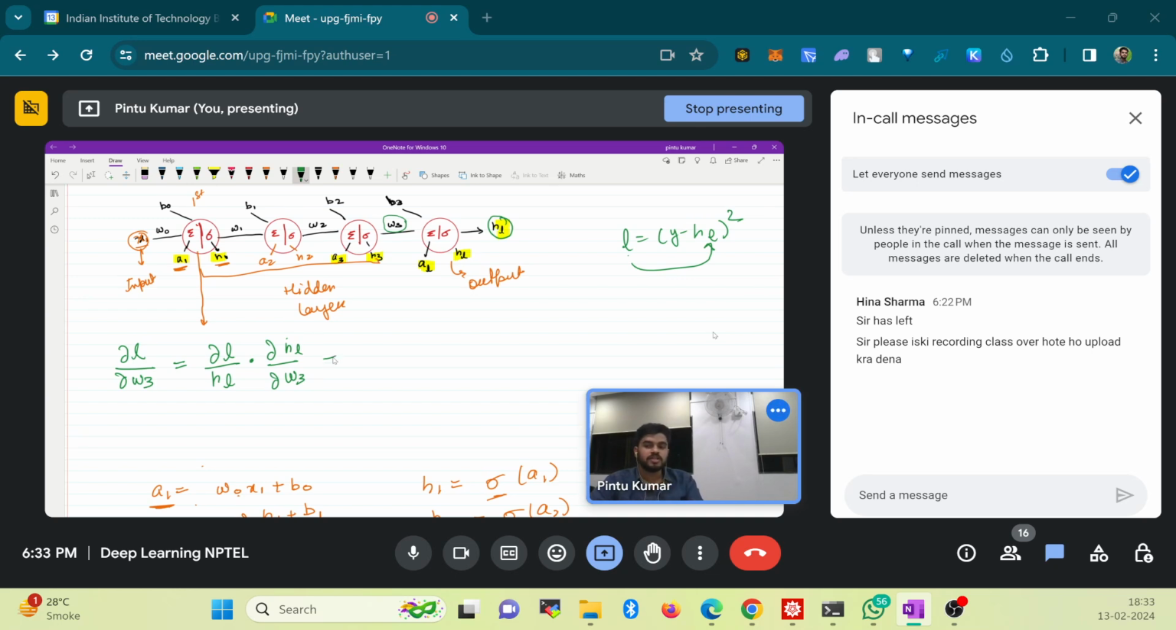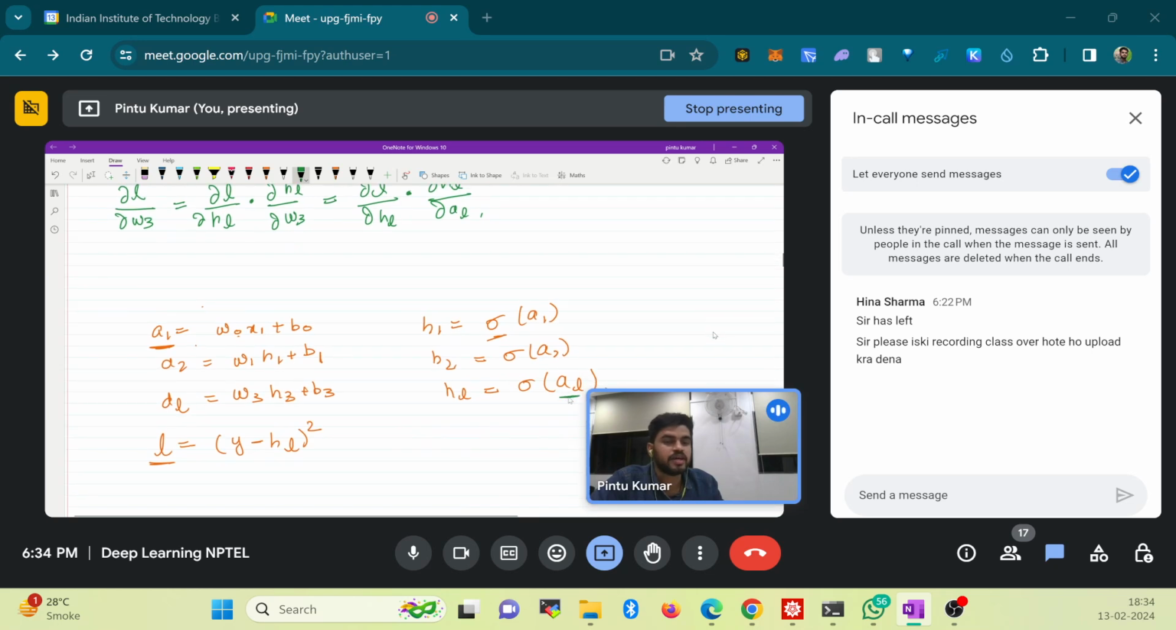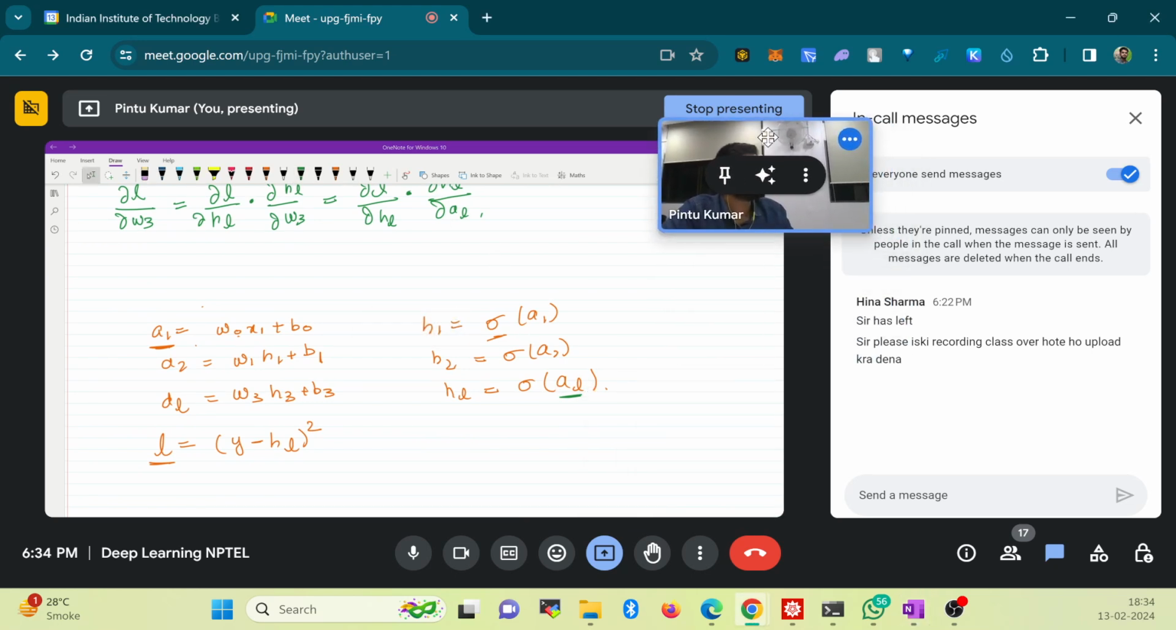Okay, further we can expand it as this is del HL and then del HL by del AL, because your HL is a function of AL. Okay, this is what we wrote. I'll just adjust my, yeah,